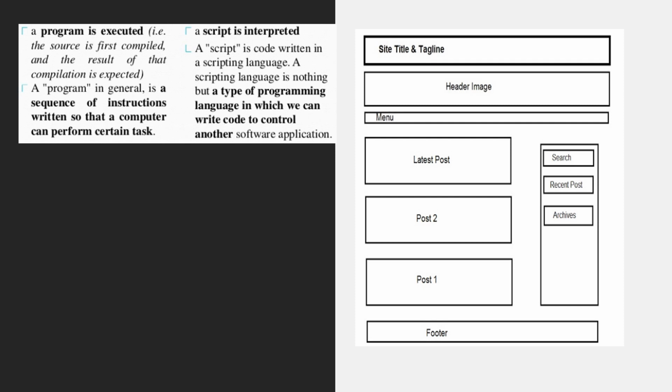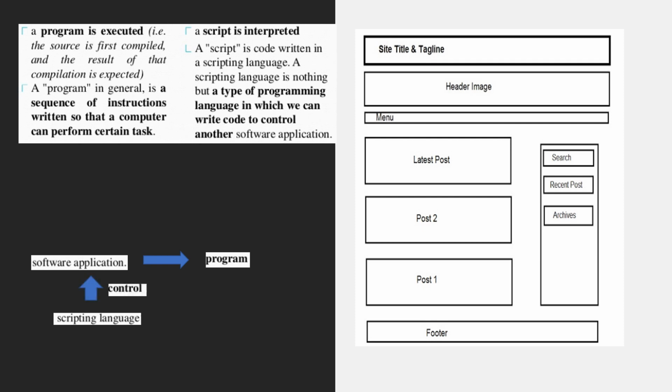To make you understand still better, see, this is a software application. To build a software application, you will be using programming language. And scripting language is used to control the software application that you have built.